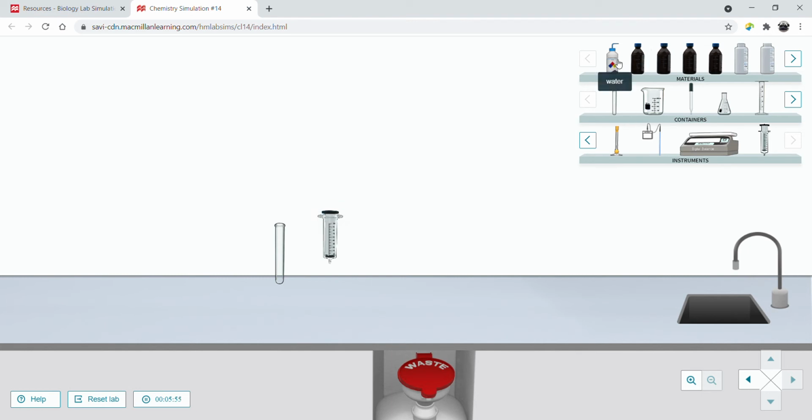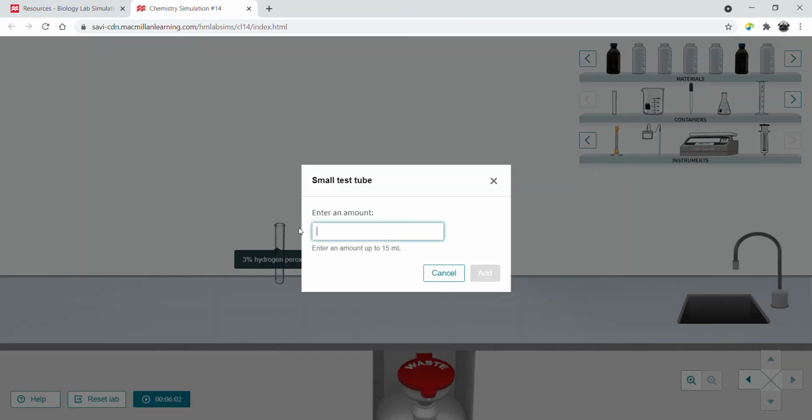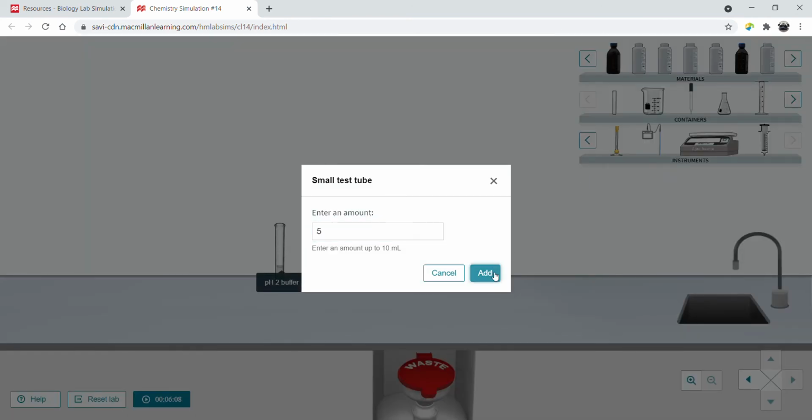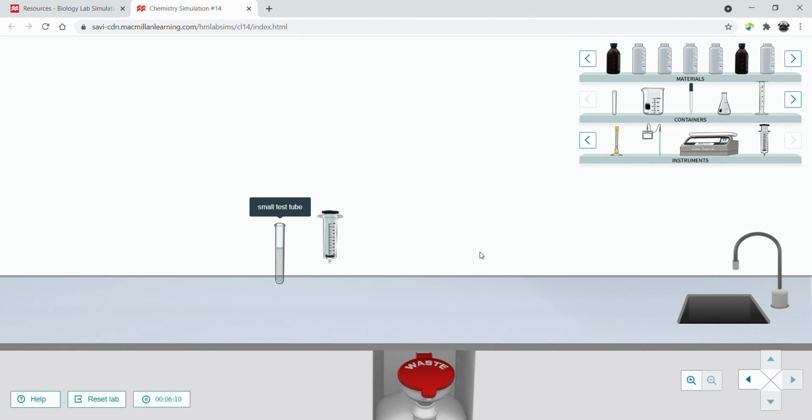Let's go ahead and get our reagents out. There's our hydrogen peroxide. It wants us to put 5 mLs of hydrogen peroxide. There it is. And our pH 2 buffer. So that's our environmental condition. Now, nothing's really happening at this time because we haven't added the enzyme yet. But once that enzyme is added, we need to get that gas syringe on there really quickly because that reaction might start happening very quickly, and we don't want to not measure the amount of oxygen gas that's